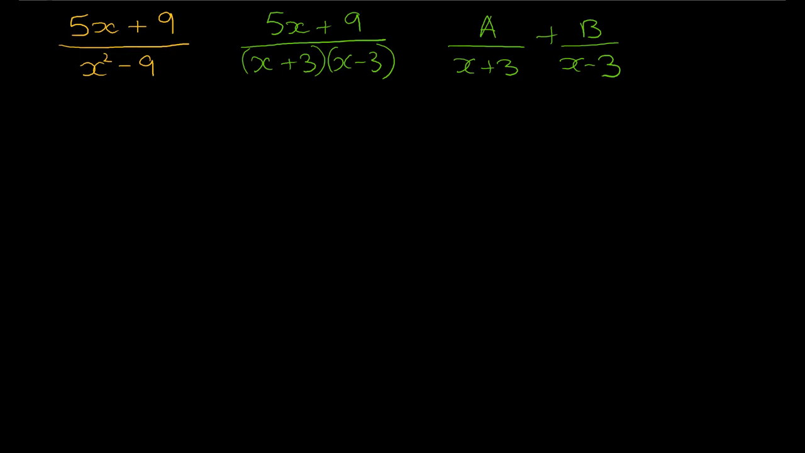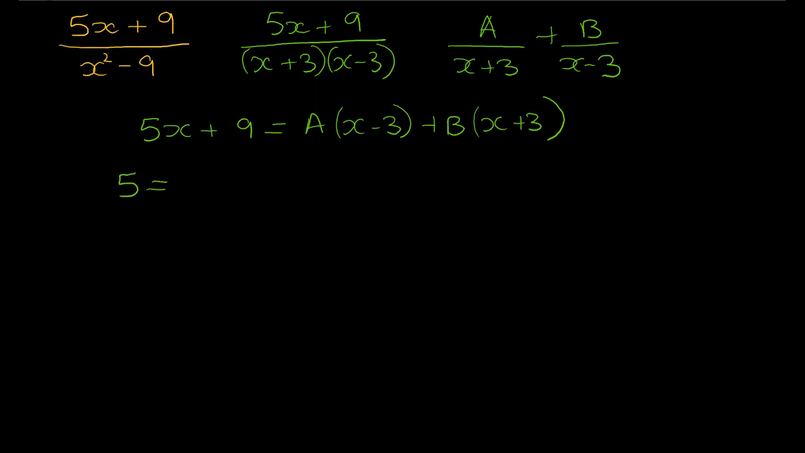So that means that the top 5x plus 9 is going to be equal to a times x minus 3 plus b times x plus 3. So this time I'm going to show you the alternate method for working out a and b, and that involves equating the coefficients. So the coefficient of the x term on the left hand side is 5. So that will be equal to a